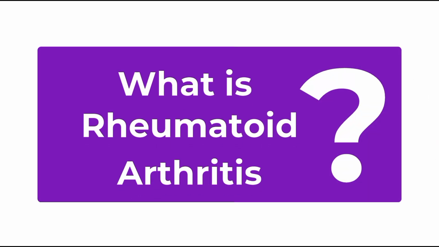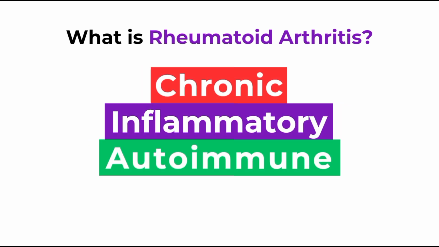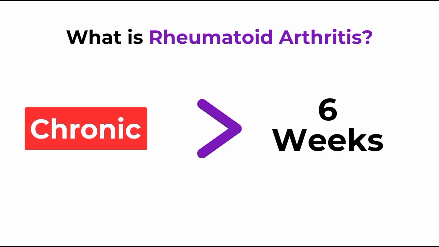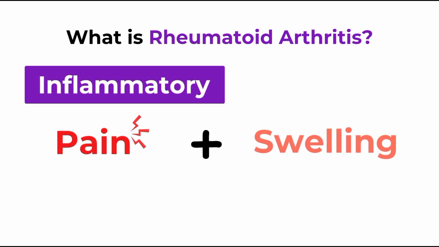What is rheumatoid arthritis? Rheumatoid arthritis is a chronic inflammatory autoimmune disorder. Now, I'm going to break that down because that's packed. Chronic in the sense that it's more than 6 weeks in duration. In other words, the symptoms have been on for more than 6 weeks. Inflammatory in the sense that there is pain, swelling, and for those that are light complexion, you will see the